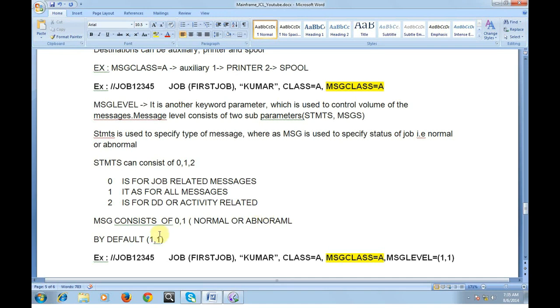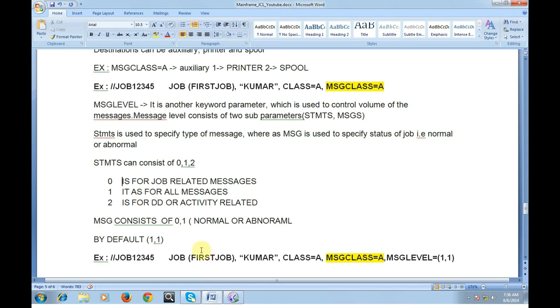So since we spoke earlier about the job, the exec, and the DD, here it is clearly indicated: 0 is for job related messages, 1 is for all messages, and 2 is for activity or DD messages.